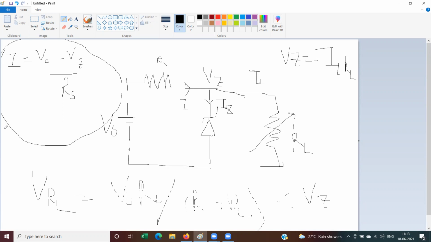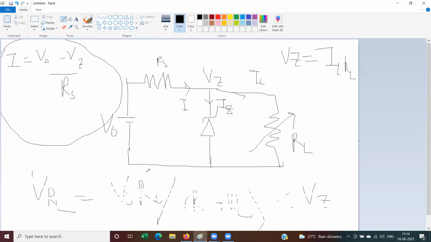So if RL is too small, the Zener diode will not break down at all. If RL is too large, the Zener diode will burn out. Agreed with this observation? Okay, good. So if RL is within a reasonable range, then the voltage across RL will not change, as it is in parallel with a Zener diode which is in the breakdown region. Agree?